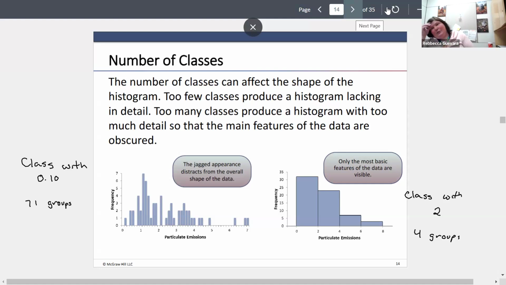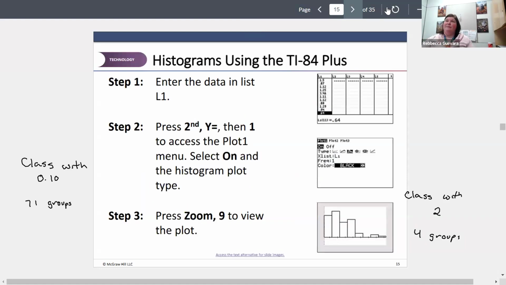Because this is a general idea of what's going on with the data. Okay, let me get to